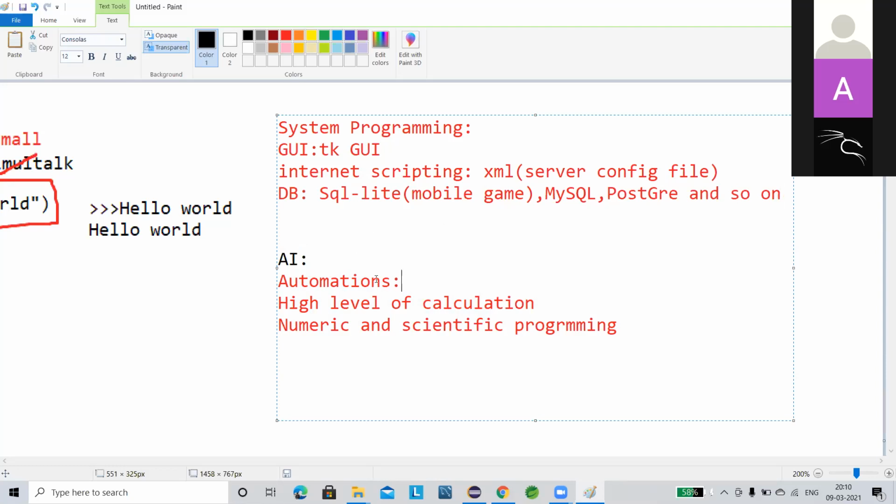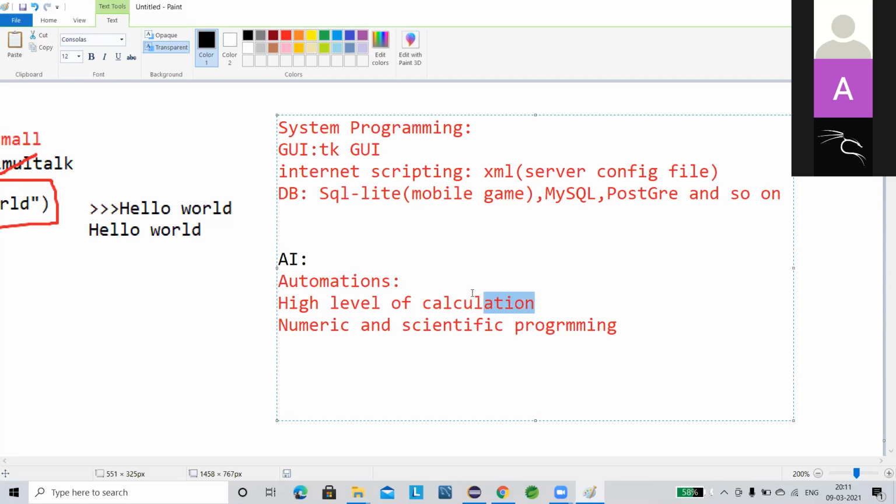Now, what is automation? Automation is those things which do not require humans or any labor to repeat the work again and again. We just create one instruction, we fire out one instruction, and it will start executing again and again until we get the ultimate result. That is automation. And now every industry is moving towards automation, in each domain, like networks, web development, software development, every kind of thing.